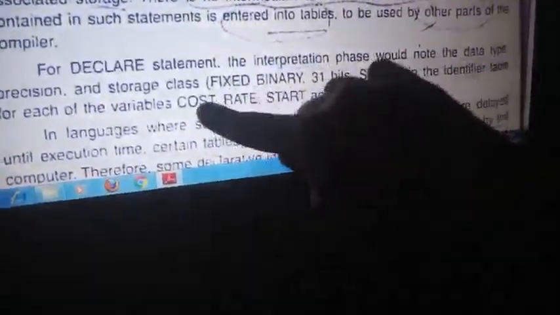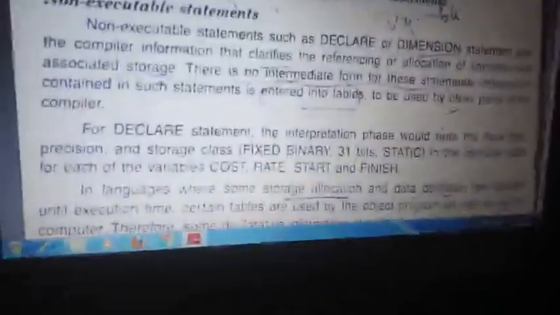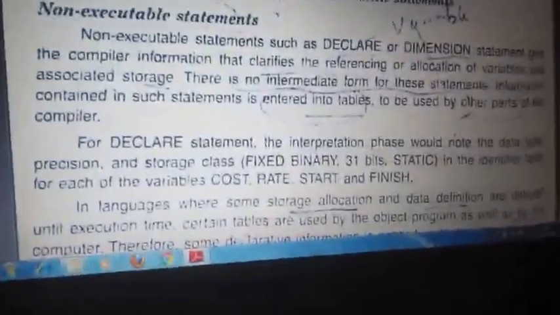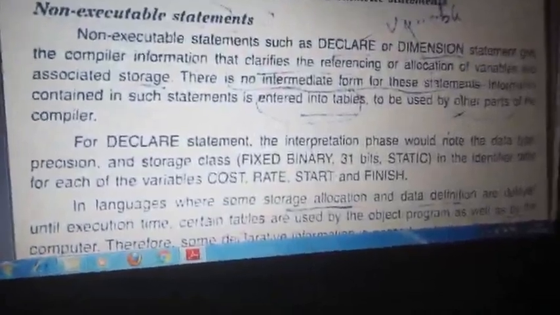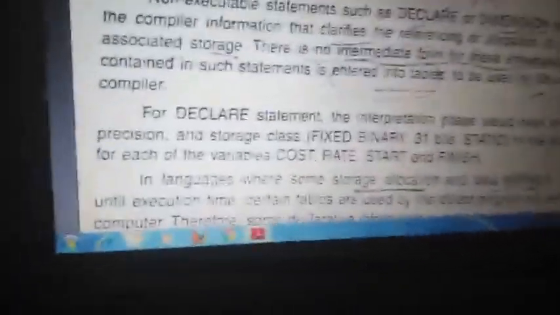So these variables are declared with 32 bits of storage. So to declare, these statements are used. Dim you have in your VB also, to declare. Dim variable. It is used to declare the variable, but it won't execute, but it performs an action. So those statements are called non-executable statements.